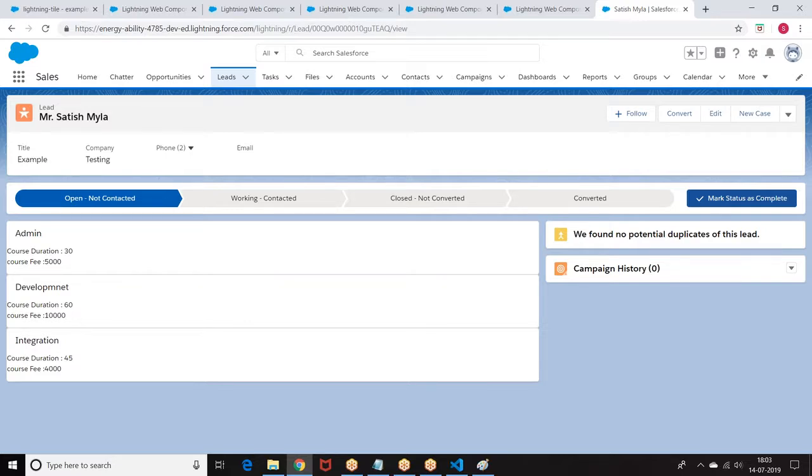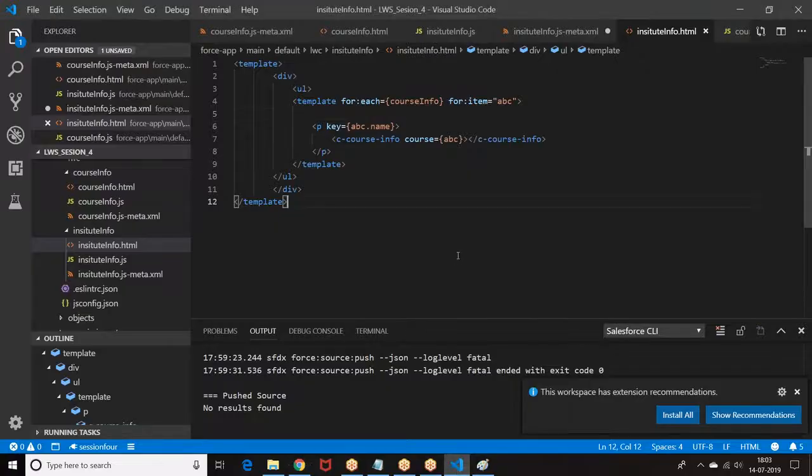When you say a property is a public property, its value will not be set by that component itself. If we say public property, the value of it can be passed by its parent. The parent component can pass that value. I hope you got the story about this. Everyone is good with this example? Any query on this?